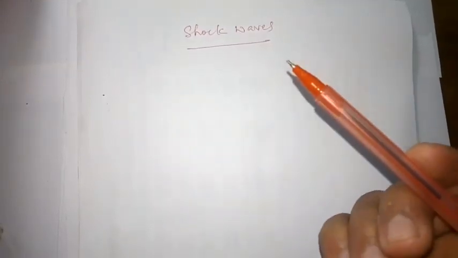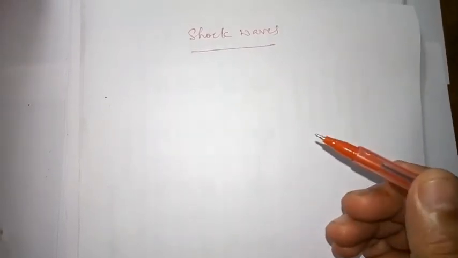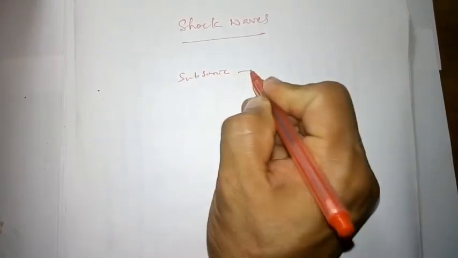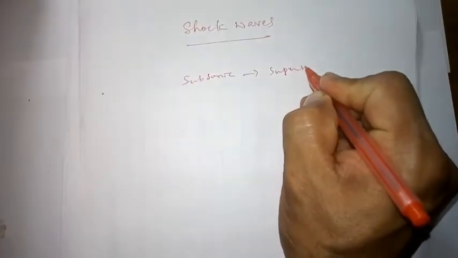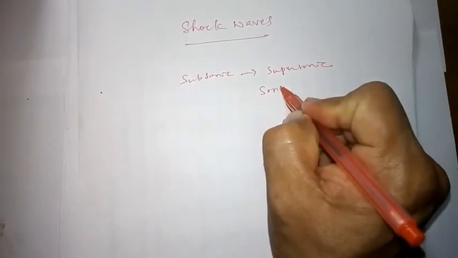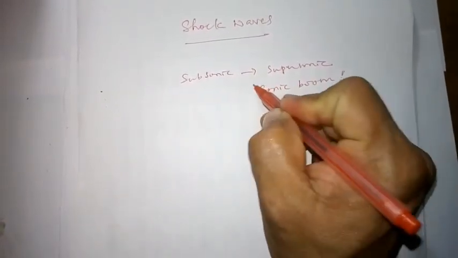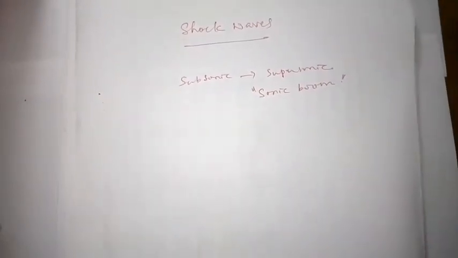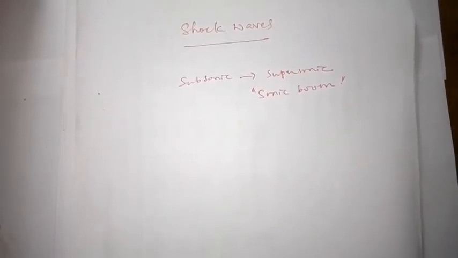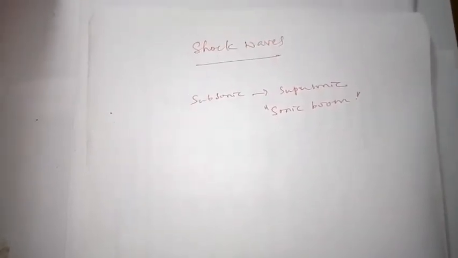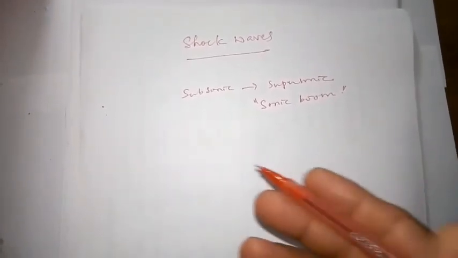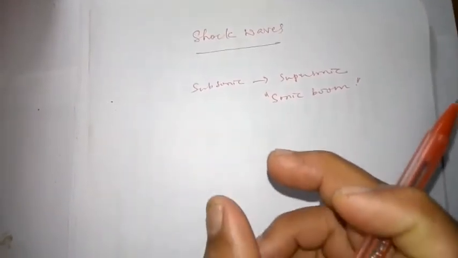Shock waves themselves cannot be heard, but we can hear a sound as the velocity of a body increases from subsonic to supersonic. That is known as a sonic boom, a sound produced when a body changes its velocity from subsonic to supersonic. So during this process it produces a shock wave. A shock wave can be produced by sudden dissipation of mechanical energy in a medium enclosed in a small space.